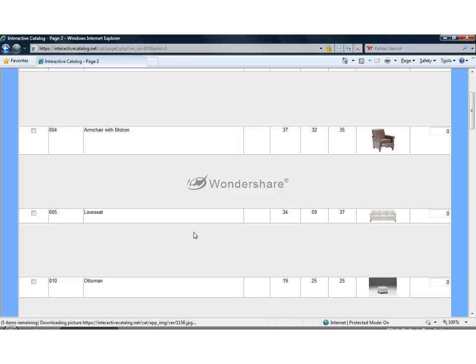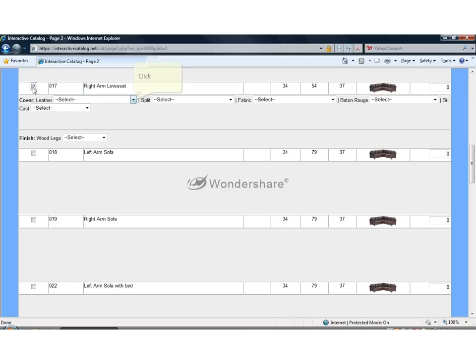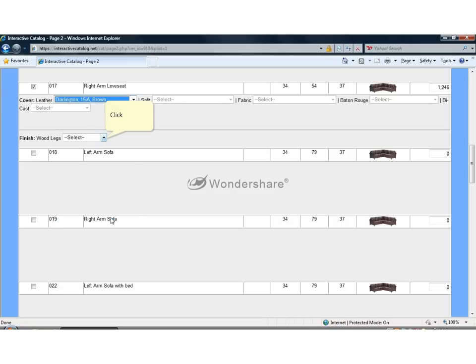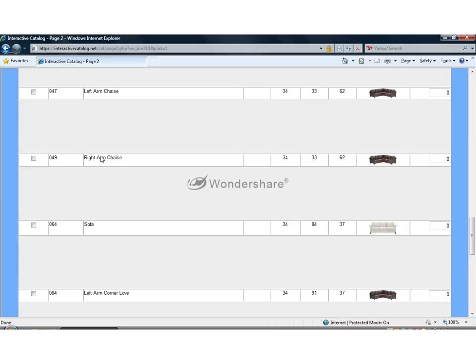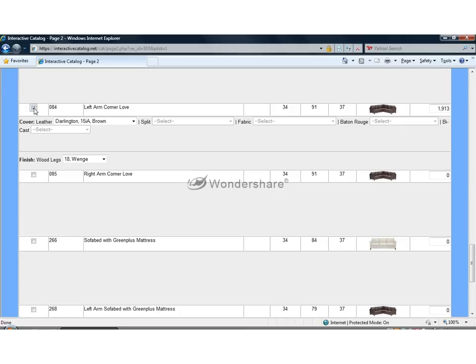So if we want to get a quick price on a sectional, we can start with a right arm love seat, pick our leather, say here, pick our wood foot finish, and then let's find the other piece to close that sectional, the return piece. Simply click on the version and it will default to the last selection that you made. A price will show up to the right of each version and it will add it up for you on the bottom